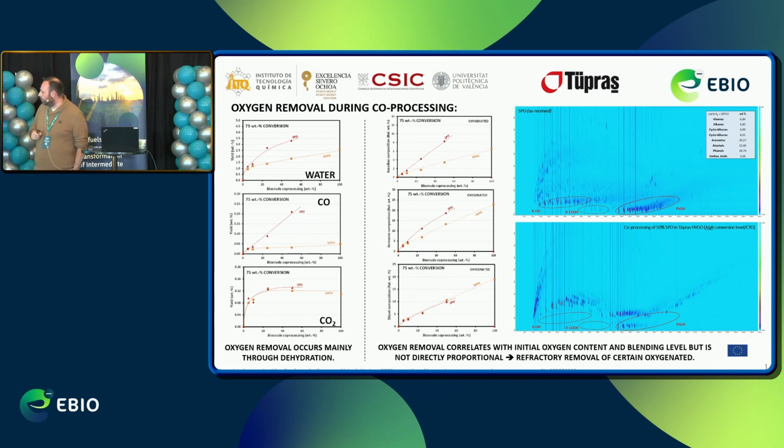Here it's at 50% of incorporation, and you can see at the beginning we have a lot of phenolic, acidic, and alcohols, linear alcohols inside the initial biocrude. We are able to have almost complete elimination of this kind of oxygenates during the co-processing, leading to very good results and fuels. We are not fully on spec, but quite close to the necessary specification, and we can do some blending with standard gasoline and so on to obtain on-spec